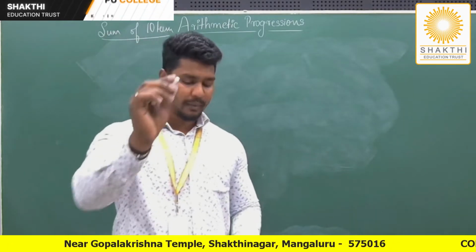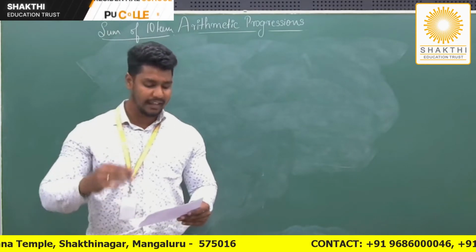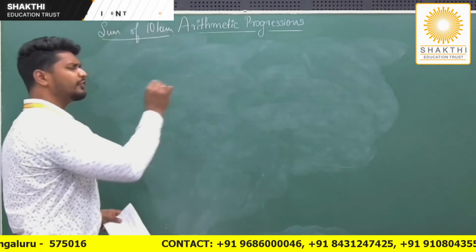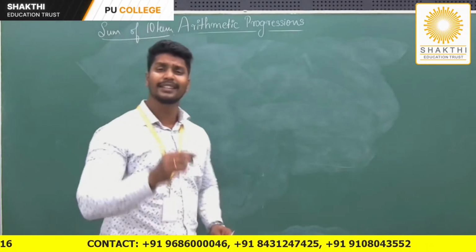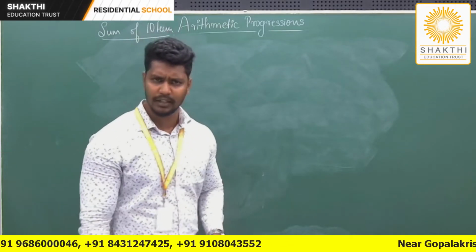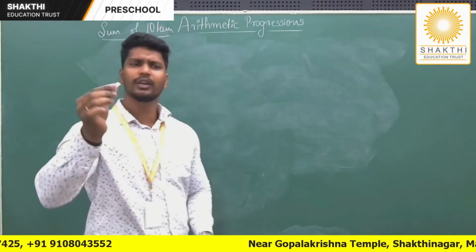The question will be asked: the sum of three consecutive terms of an AP is 6 and their product is -120. I'll write it once again. The sum of three numbers of an AP is 6 and their product is -120. Find the numbers, will be asked. What are you doing? First, whenever you are given the sum of three numbers of an AP,